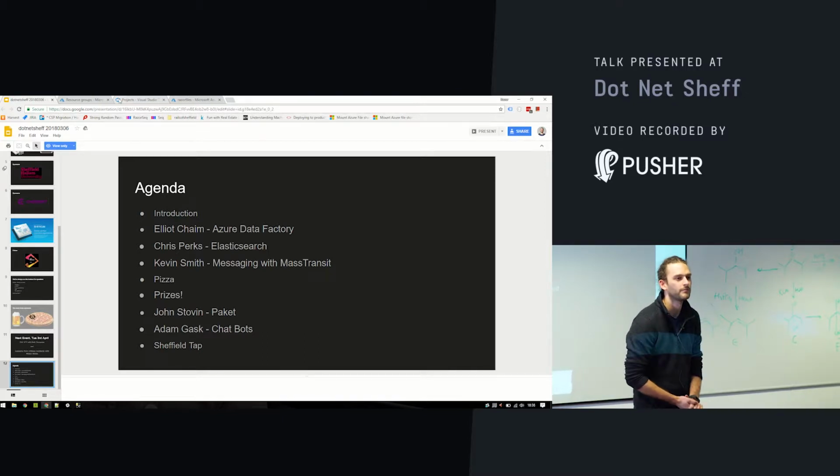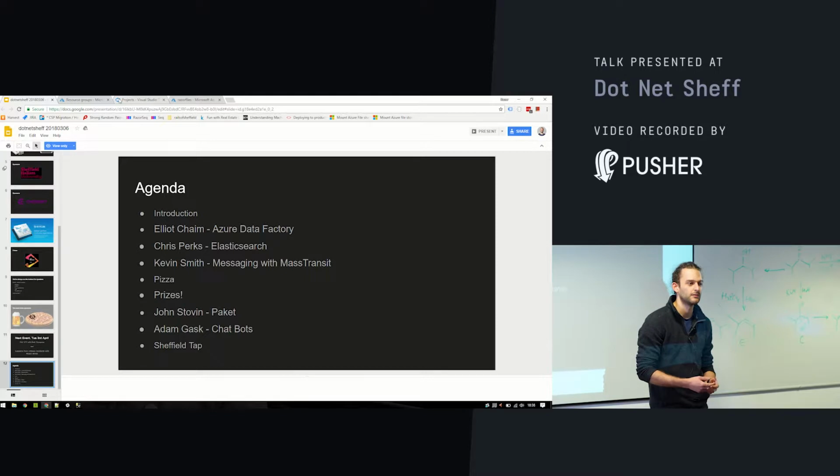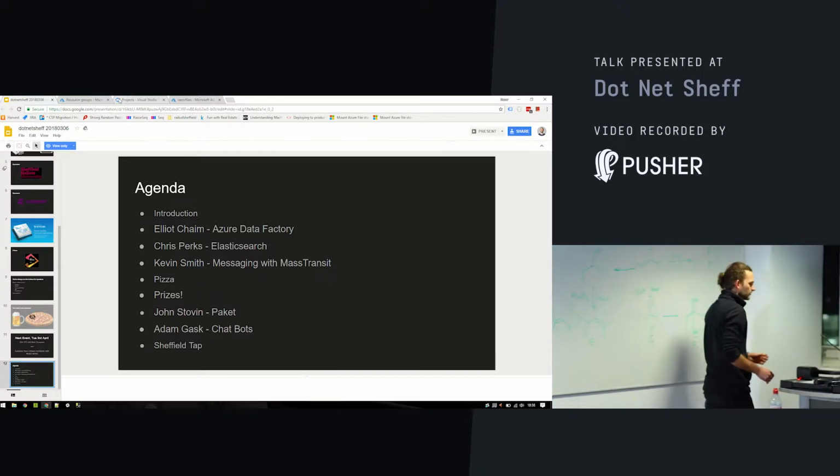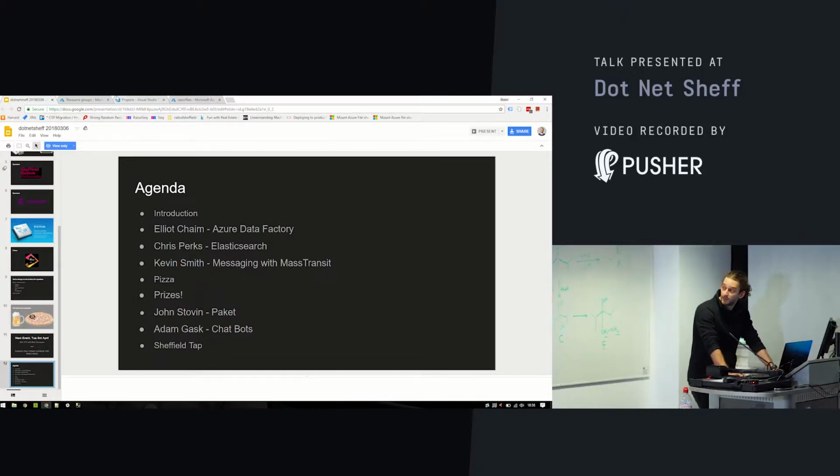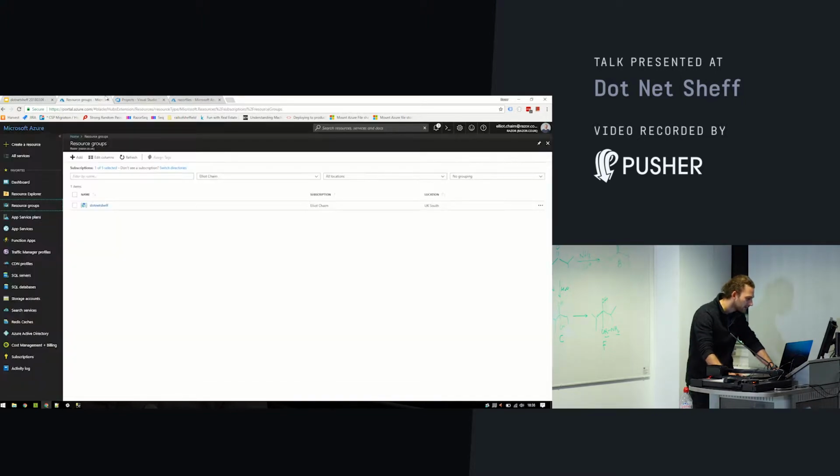If you consider that as software developers, what we essentially do is capture data and move it around for people, something like Azure Data Factory might save you a lot of time. It might make your life a lot easier. So I'm just going to jump straight into it, and hopefully it'll work, because I'm going to create it all